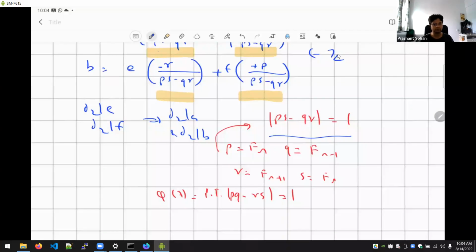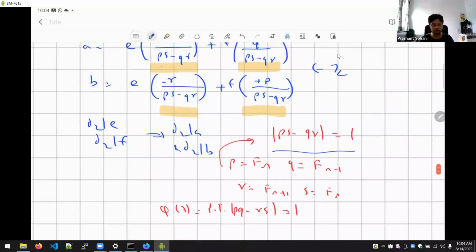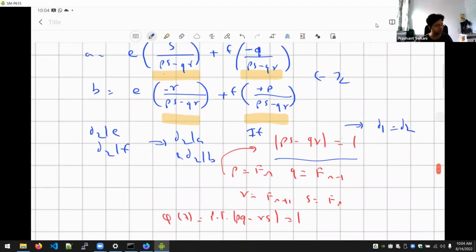Right now we have only proven that if PS minus QR is equal to 1, then we can guarantee D1 equal to D2. But why is this compulsory? What will happen if the modulus of PS minus QR is not 1? In that case, why will D1 not be equal to D2? That is still unknown, but I leave that as an exercise for you to try. I don't want to reveal the answer. It is doable, actually kind of simple. If you assume that this is not equal to 1, if you assume it is some t greater than 0, then you can get a contradiction from there. So I'll leave it for you to try out.